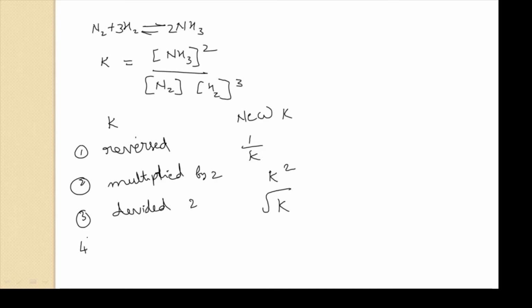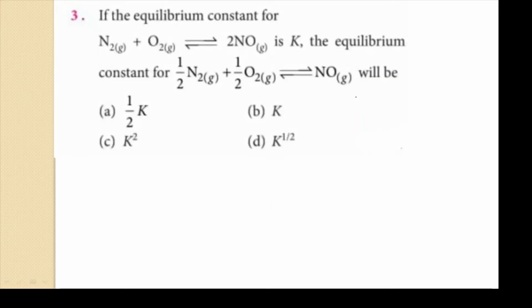If the reaction is carried out in 2 steps, or multiple steps, for the first one it is K1, second reaction the constant will be K2. Now what about the new K? It will be the product of K1 and K2. So try to remember this one so that you can easily solve the questions. So let us discuss the questions now.